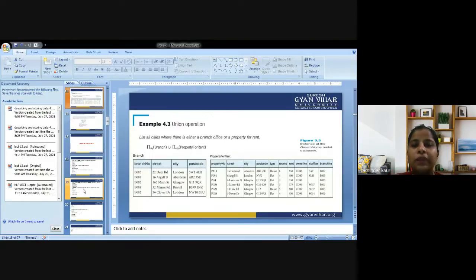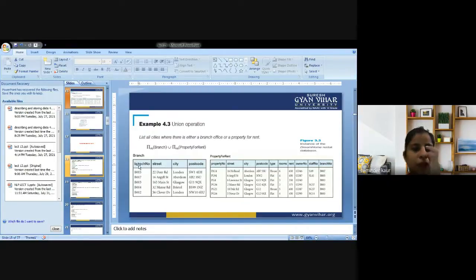List all the cities where there is a branch office or a property for rent. We are supposed to deal with two tables here because we are using the union operator, which is a binary operator.